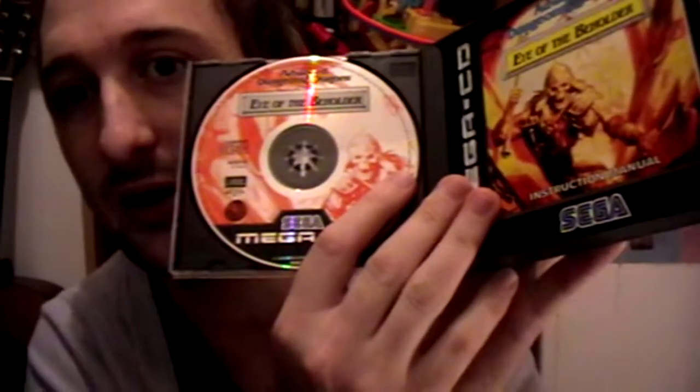And a little tip as well, people probably already do this, just box and complete. These are all box and complete unless stated otherwise. Little tip, and I'm sure everyone already does this, I've only just started doing it. If you're ordering Mega CD games, or N64 games, or Saturn games, especially those three, or Super Nintendo I guess,